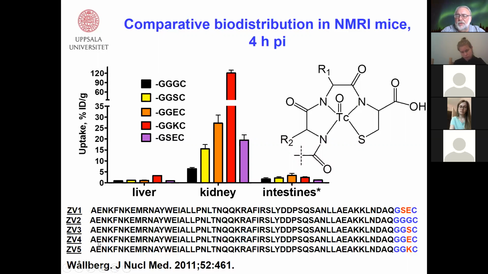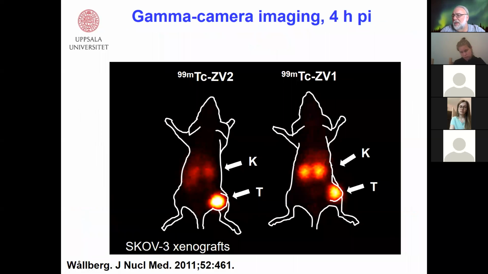So we have modified also N-terminus in order to keep charge negative at N-terminus. Here is a result of head-to-head comparison between 2 variants. And this is a variant containing